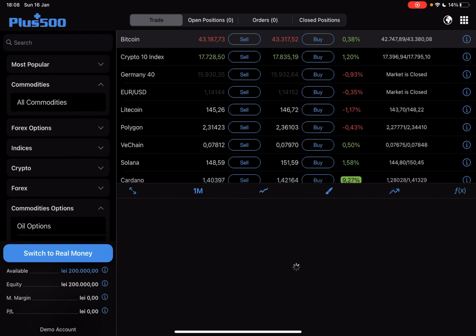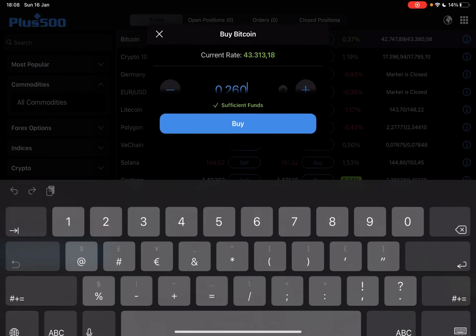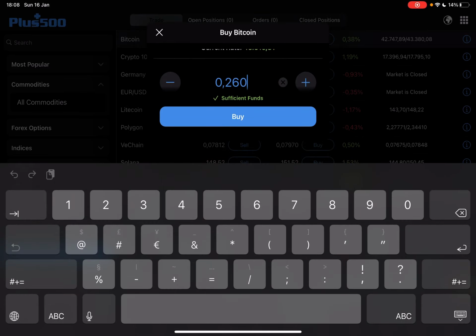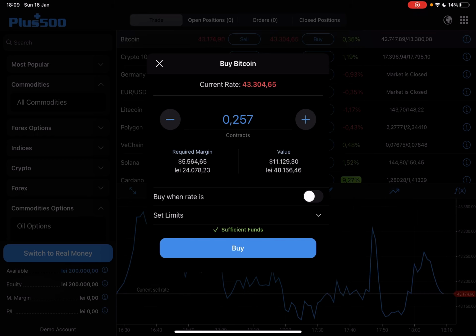And then when you are on the all popular section, you just have to tap on the buy icon. And here you can choose the amount of Bitcoin that you would like to purchase. You can either use these buttons to increase or decrease your amount, and you will see the price that you will have to pay